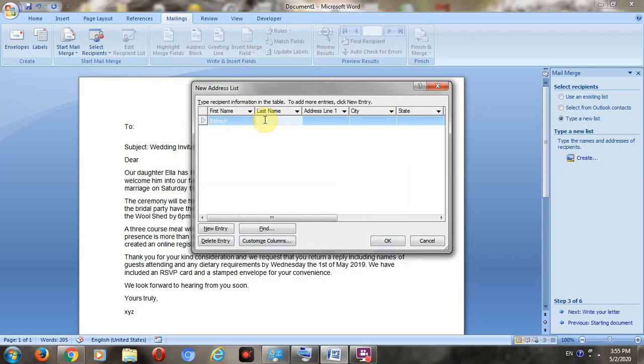Then say my last name is, then address, say this is the address of Delhi. I am giving the address something like A X Y Z.